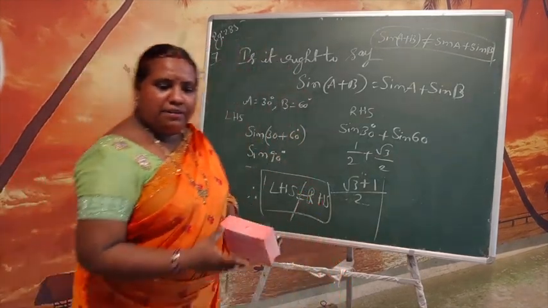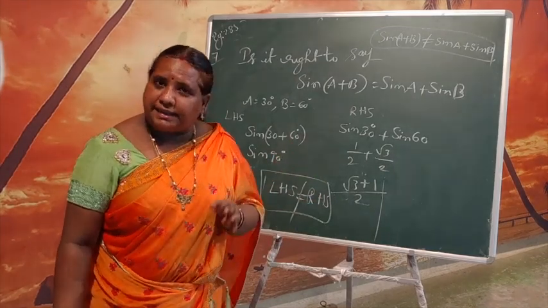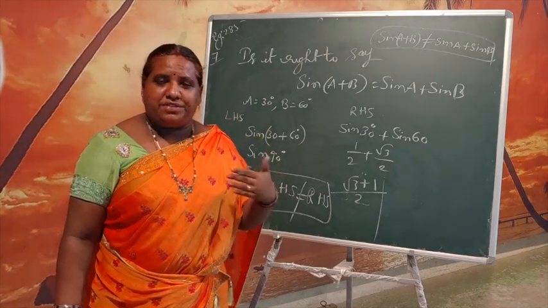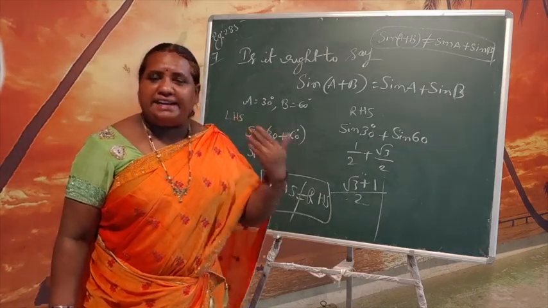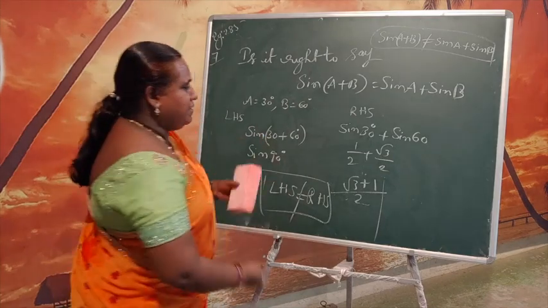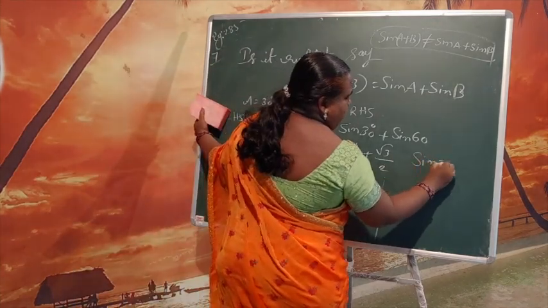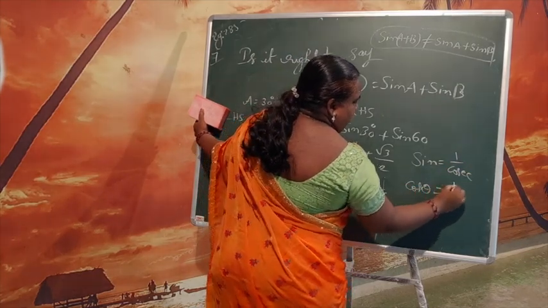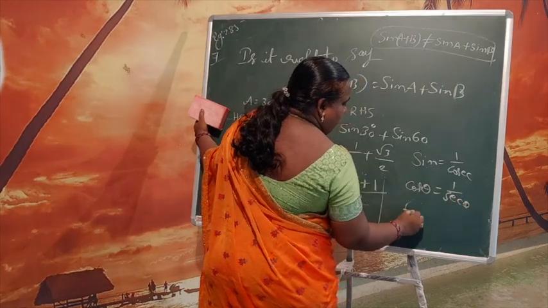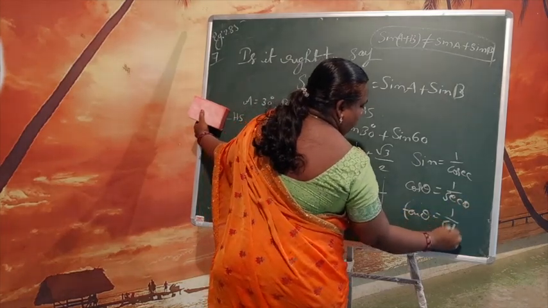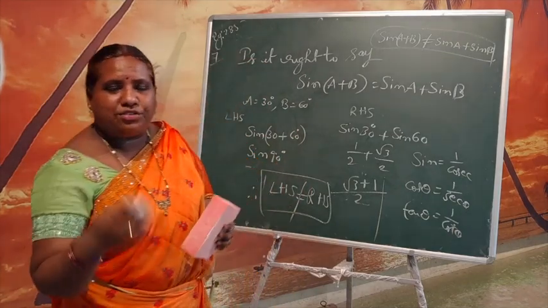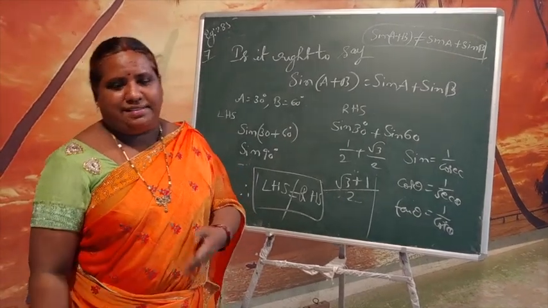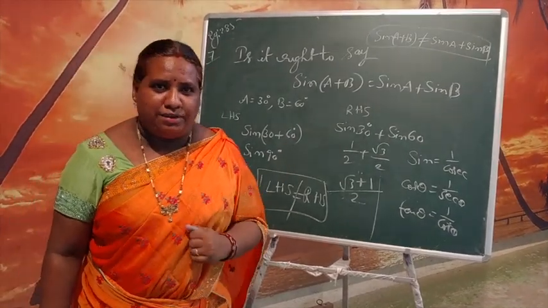I hope you feel it is very easy. Just by having the table of values, once again I am saying sin, cos, tan. The reciprocal ratios are cosecant, secant and cotangent. Sin reciprocal is cosec, that is sin is equal to 1 by cosec, and cos reciprocal is sec, so cos is equal to 1 by sec. Tan reciprocal is cot, that is tan is 1 by cot. These ratios repeat a number of times. By repeating these values you will get this. So this is about trigonometric values.